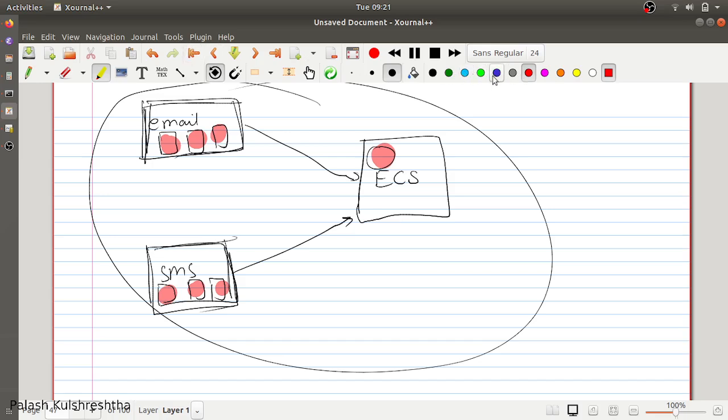Yellow is basically, I'm just giving an example. If you change this to yellow, it is going to reflect in the SMS service as well, which may or may not have been intended. So this is a disadvantage in having common configuration across services.